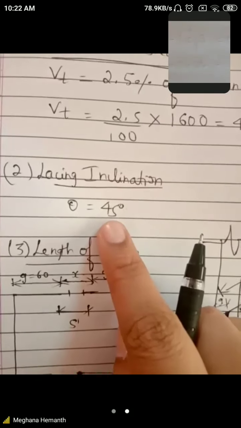Okay, so for the cos theta value, the angle of inclination, I said always for your lacing system you have to take your angle of inclination to be equal to 45 degrees. Okay, in our step number 2, we have assumed your angle of inclination theta to be 45 degrees. This is as per codal specification. If you go through your page number 48, 49, you have some theory about your lacing system. What is the function of it? How is it used? And what are the values to be taken? So there the code always says it's better to go for 45 degrees of inclination.